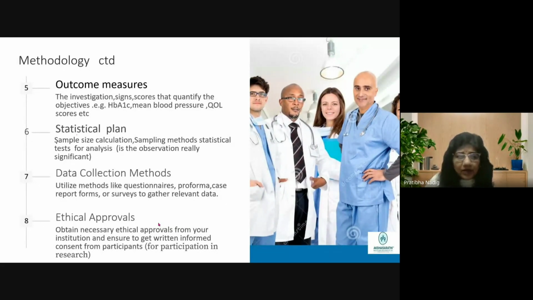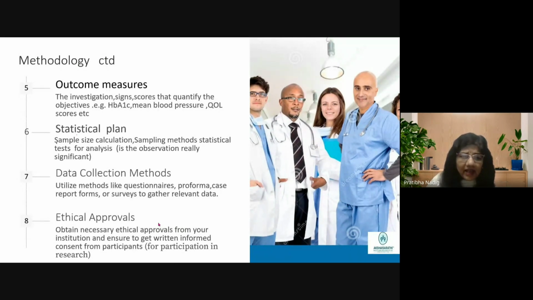And then sampling also. There are different sampling methods. We cannot just take every patient, depending on your objective. We may have consecutive sampling, random sampling, stratified, there are different methods. Whatever gives me a correct result for my objective, the statistician will tell us. But we must have good understanding. You must make him or her understand what you want. Otherwise, most of the time there is a gap. They will start thinking in one way, we start thinking in another way, unless we are really clear about our objectives, what I want to do, what my endpoint is, how I want to compare, it's not going to work. And then statistical tests for analysis.